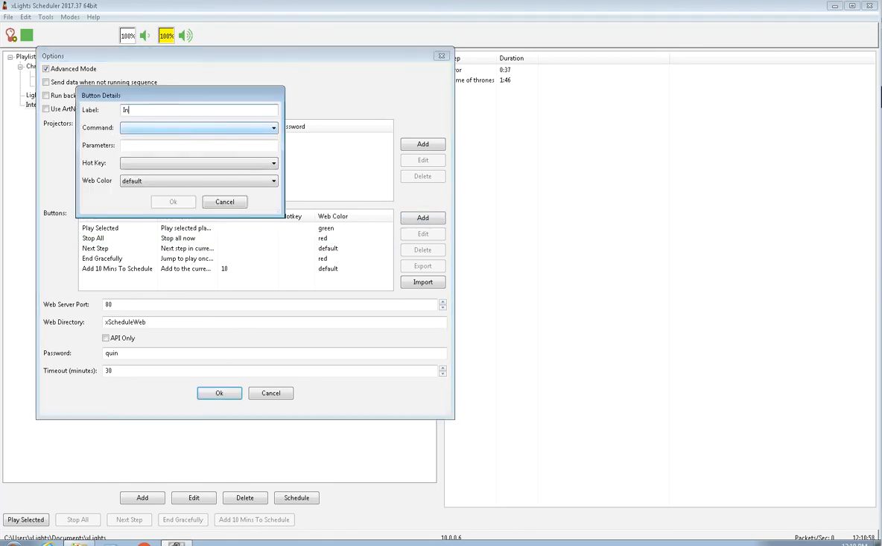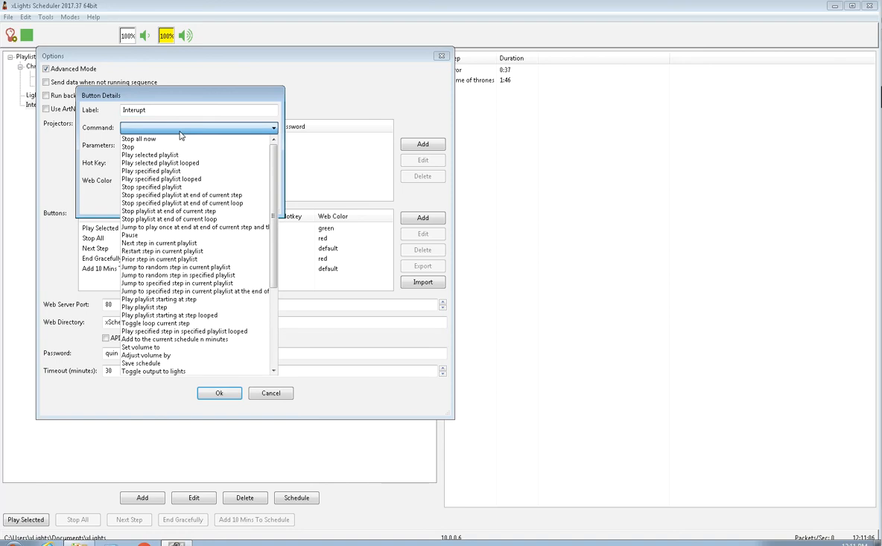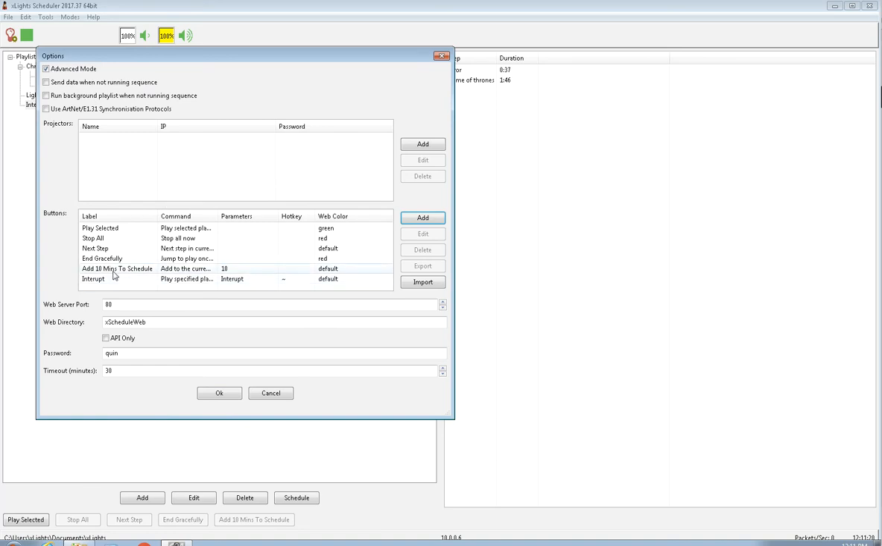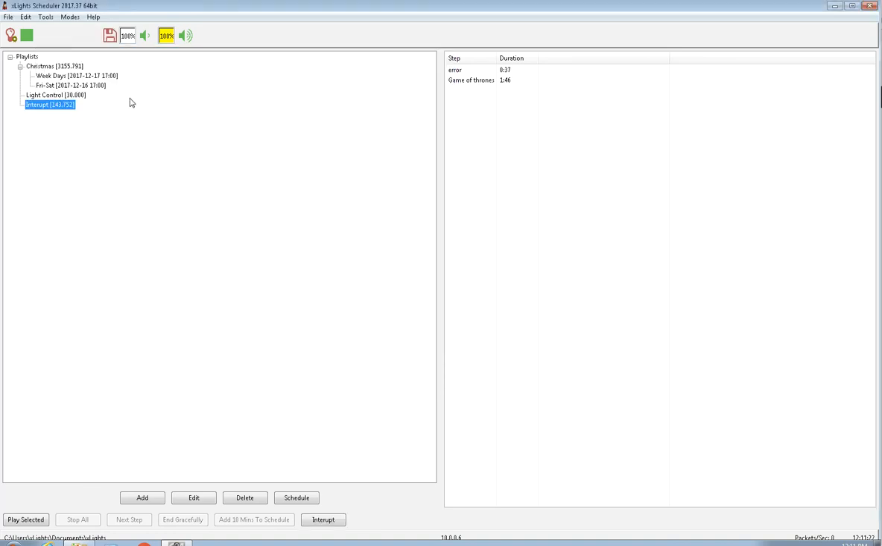Call it Interrupt. And for this one, I'm going to specify a playlist, play specified playlist, but I'm only going to play it once. So I'm going to do that. And then here, I'm going to type in Interrupt again and click OK. So now I have this new button, and I click OK, and I click Save, and I have the new